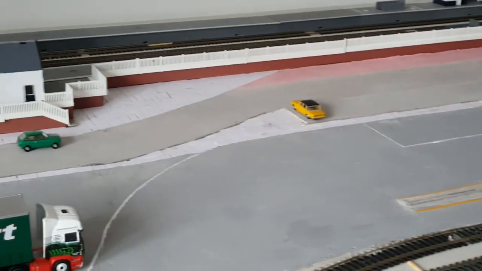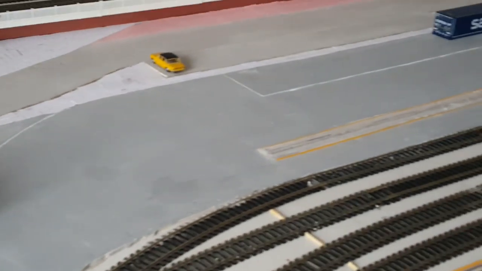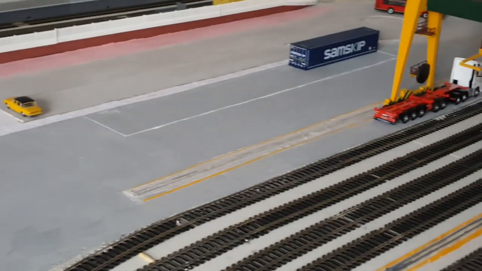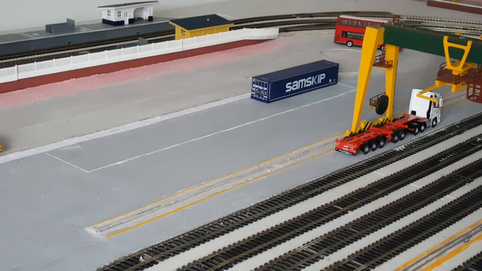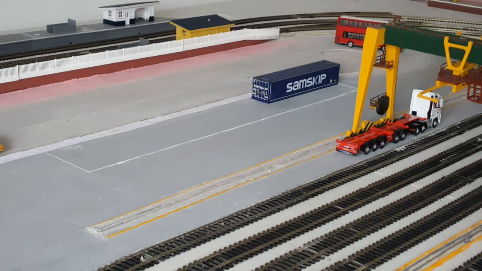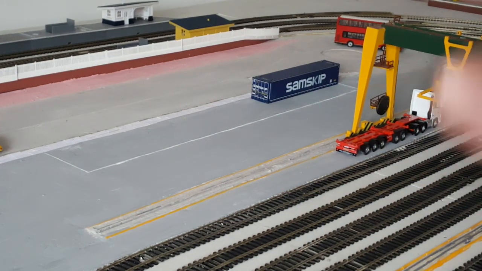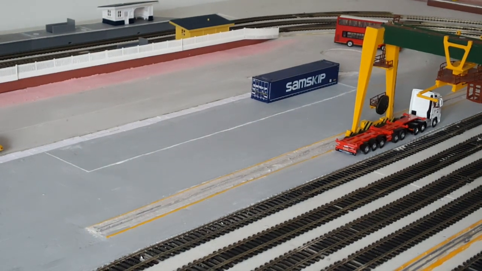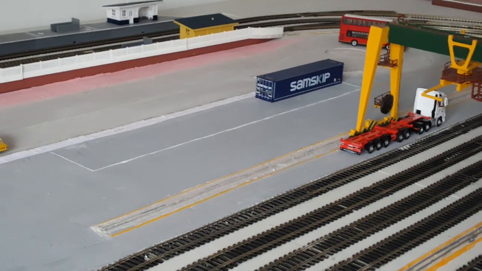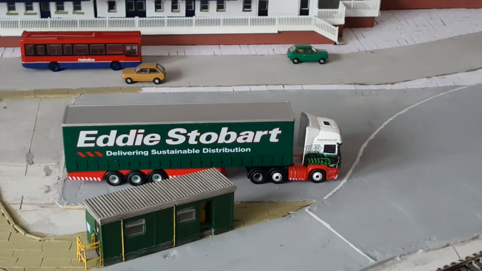I had so many different shades of grey, some lighter, some darker, that I decided to just paint this, give it a bit of uniformity so it looks the same all the way through. Then any other greys that come through from underneath, or when I sand it, or if it gets chipped, it's just going to be grey underneath anyway. It was just to give it some uniformity, because this bit here, where the Eddie Stobart lorry is,